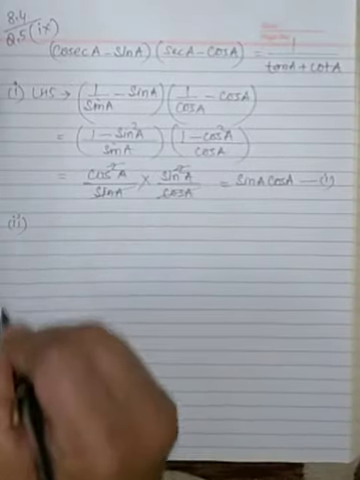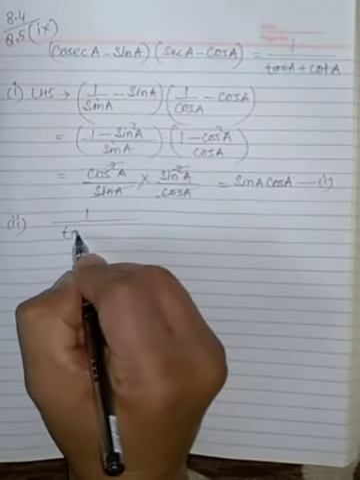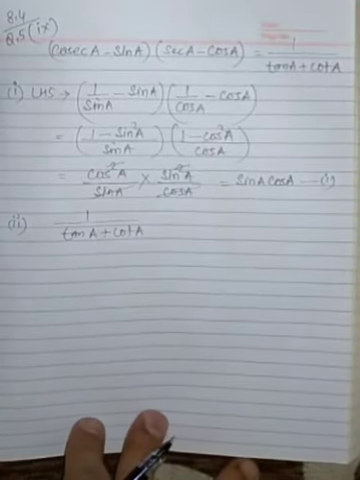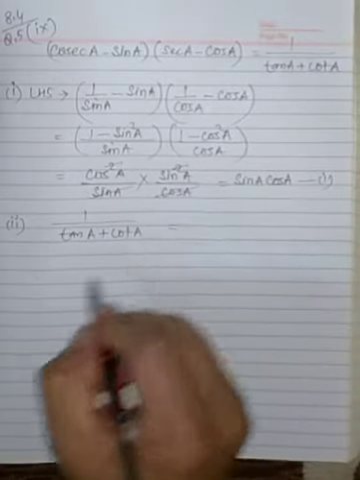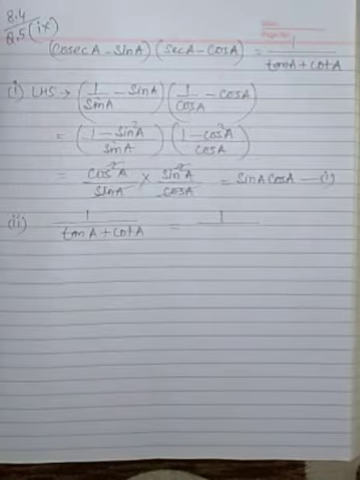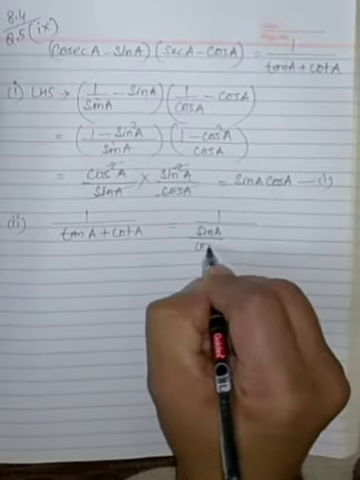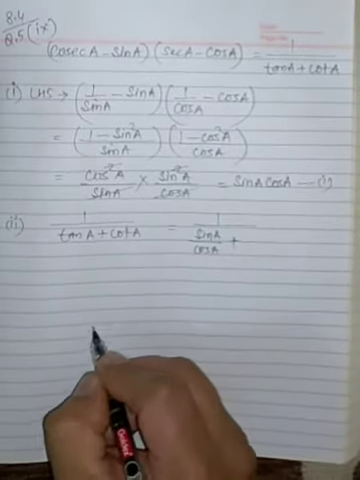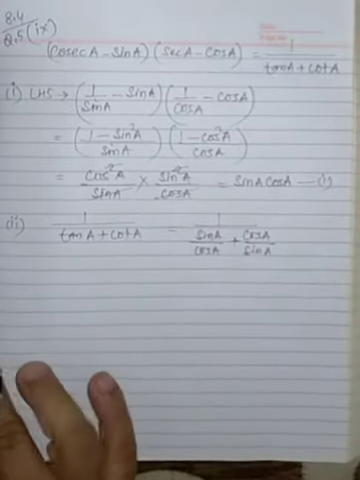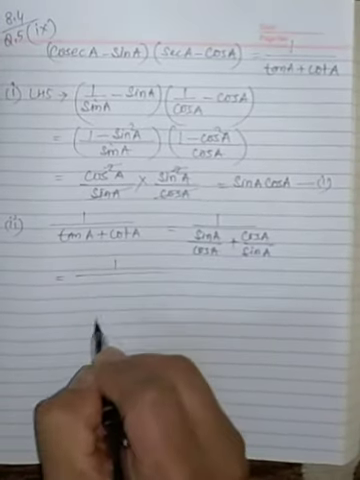Now in the second part we are given 1 upon tan A plus cot A. Here we will convert tan and cot both in terms of sin and cos. So tan A is equal to sin A upon cos A, plus cot A is equal to cos A upon sin A. That is equal to 1 upon